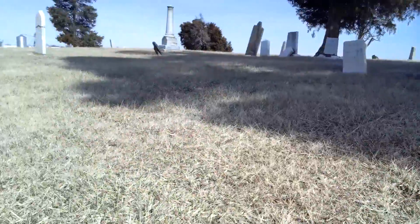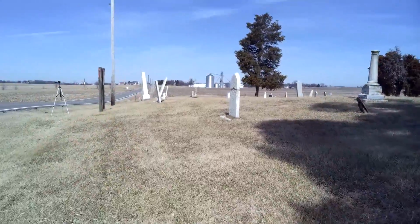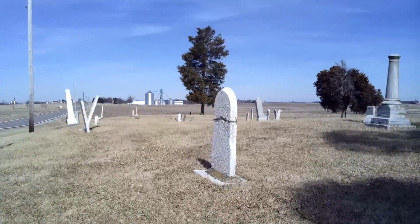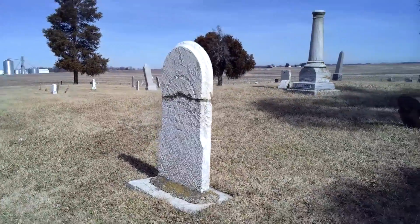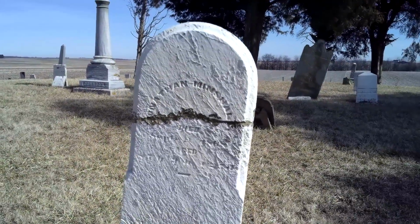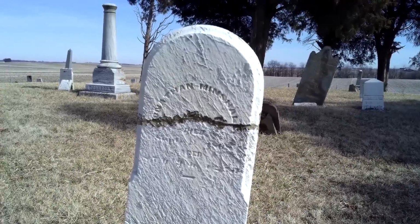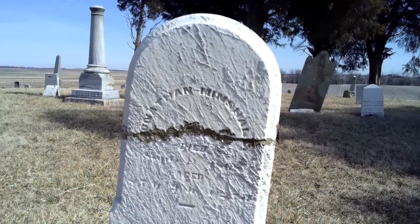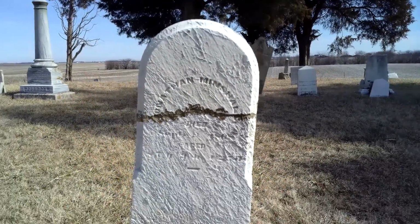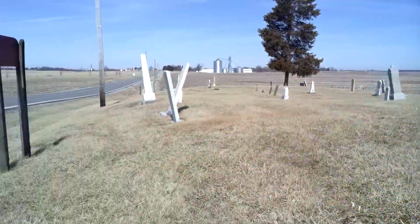Then we've got another large gap, but I'm going to hit this upright stone first, which might actually be row 2, but I'll keep that in mind when I go down row 2. Here it is. Jonathan Marshall. Jonathan Marshall, I believe. Jonathan Minshall. Warren is all get out. That's cool looking though. Now this way to behind the...